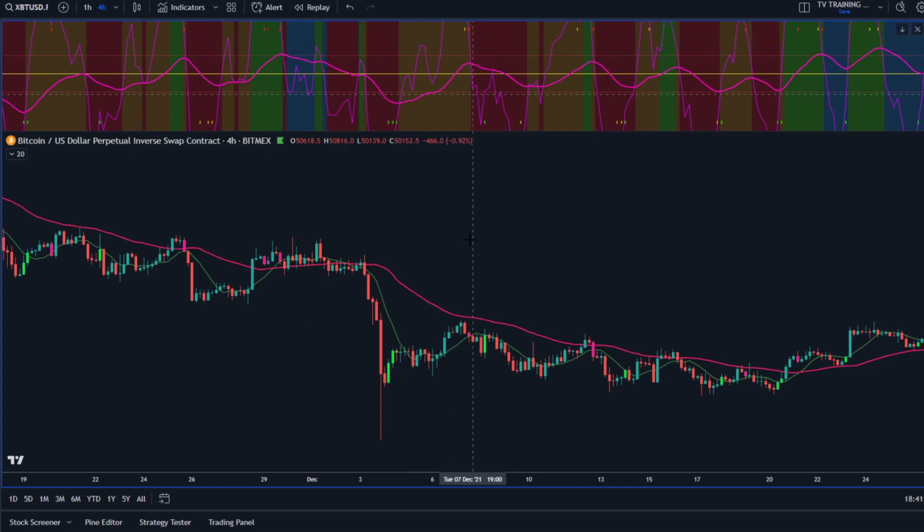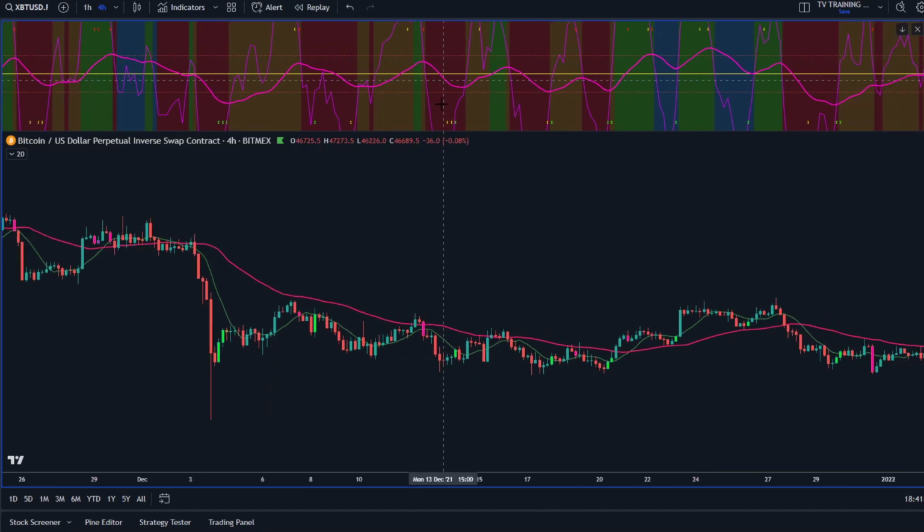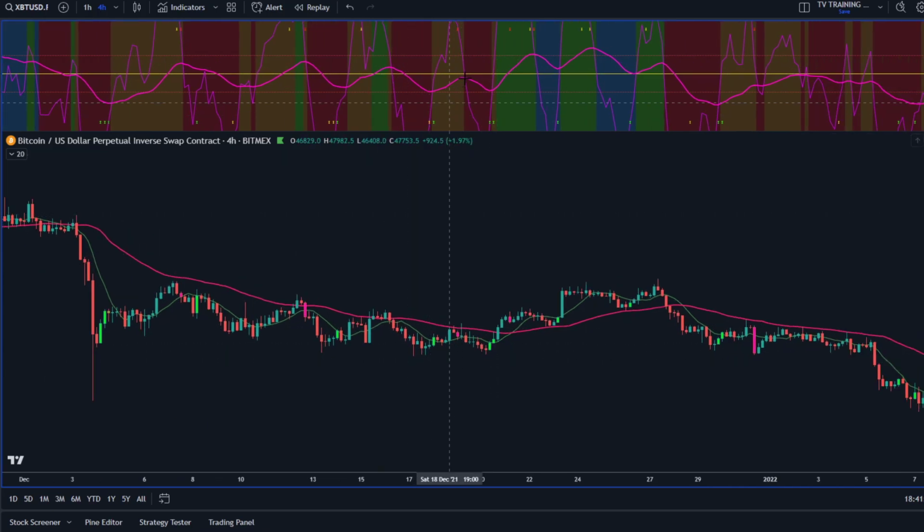Above 50 again, cross again, gives you that leg down. Above 50 again, bear cross again, leg down. Above 50 again, bear cross again, leg down. Above 50 again, bear cross again. Look at this. You're getting 5, 6, 7 candles down when these are occurring. This one happened short, so we'll wait.